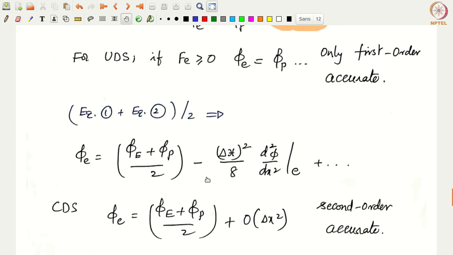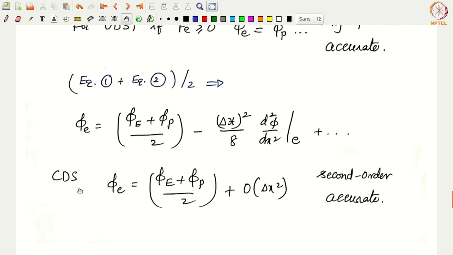Okay, that means in a central difference approximation, when we say phi little e equals phi east plus phi p by 2, the truncation error we are making is basically order delta x square, right? So this is the truncation error we are making. This is about second order accurate. Okay. So what we see is that although CDS is second order accurate, it comes with a condition on the